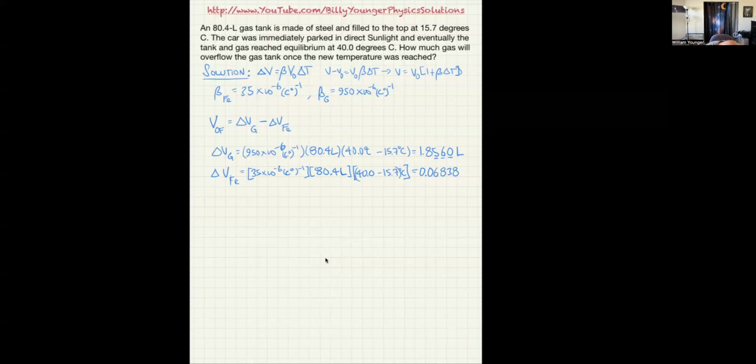Again, the 35 has only 2 sig figs. The 40 minus 15.7 actually left us with 3, but we're limited by the 2. So really the 3 and the 8 are not sig figs. So we can now say that the total overflow would be 1.8560 liters minus